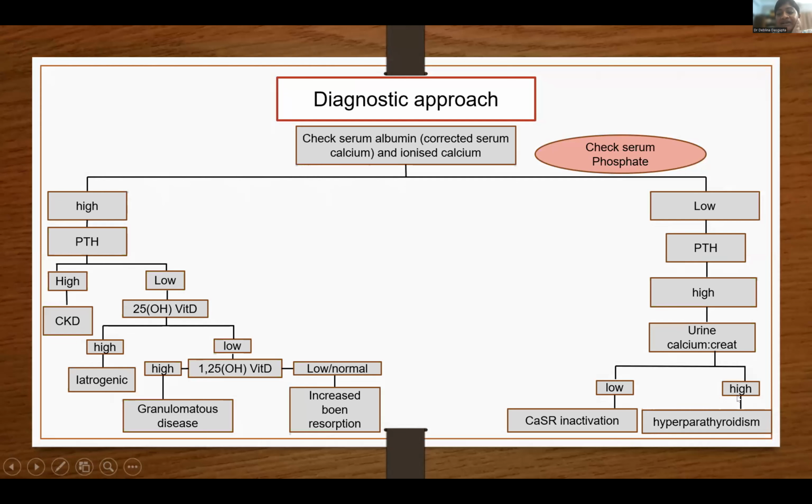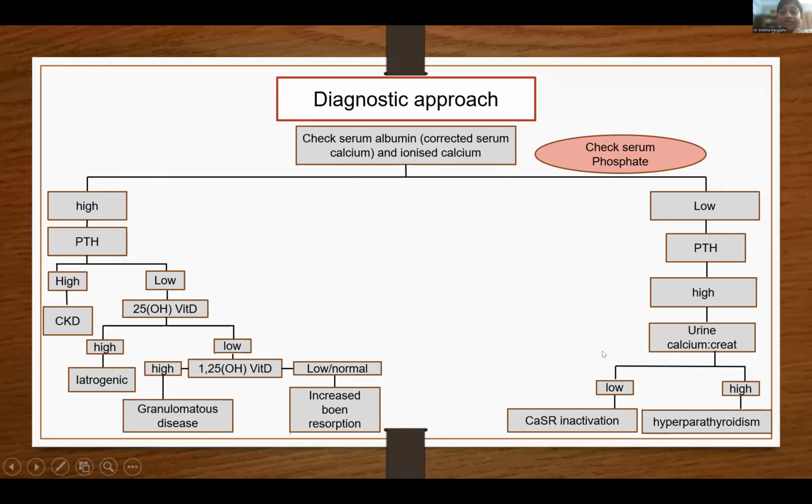So if there is hypercalciuria, then probably it is primary hyperparathyroidism to begin with. However, if it is low, I'm sorry, I can't show you here, this is not going. If it is low, so a child is having hypercalcemia without hypercalciuria, rather there is hypocalciuria. So that happens when your CASR receptors get inactivated, because normally they are responsible for suppressing PTH action, thereby causing hypocalcemia, and they are responsible for increasing calcium excretion. So if they get inactivated, that can result in hypercalcemia